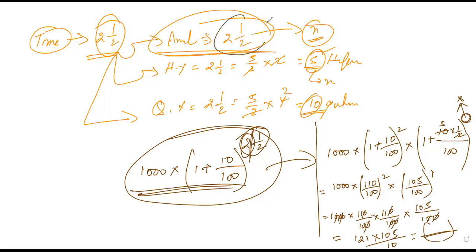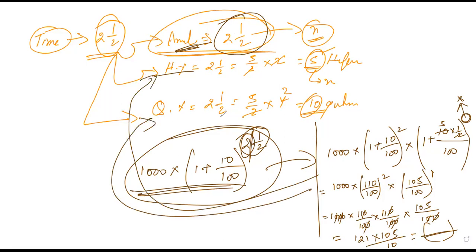So if the time period is given in the fractional form, then for the annual condition, for the annual only I'm telling, this method is not going to be used in the half yearly or the quarterly, until and unless you are getting a fractional value. Sometimes it may be possible that in the half yearly also you get a fraction, in the quarterly also you get a fraction. If you get a fraction over there, then you will split it out, and by splitting you will solve it. Okay, so this was the first basic rule, one of the tricks you can say.